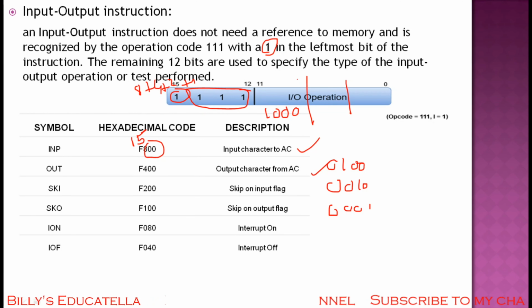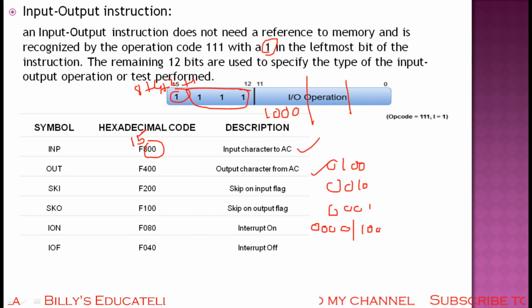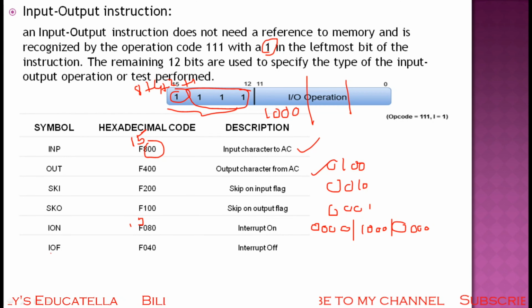Here in this address location, the first 4 bits will be changed and the remaining bits will be constant. And coming to the next one, the values of the first 4 bits will be zeros, and the next 4 will be 1 0 0, and the next 4 will be zeros. I think you understood. F means 15, that is these whole bits. And coming to F040, here this bit will become 0100.